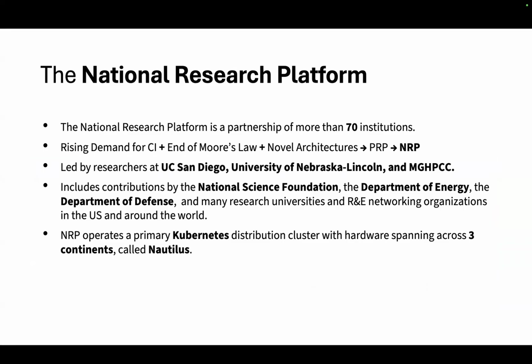And it came to address the rising demand for cyber infrastructure and address the disparities and differences in accessibility and gaining access to these cyber infrastructure resources, especially since the end of Moore's law is a reality now.